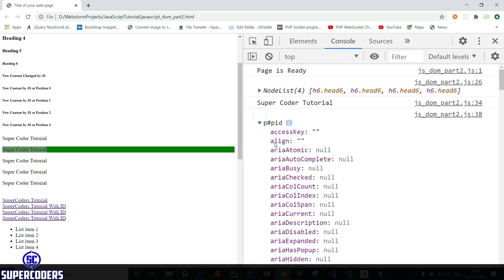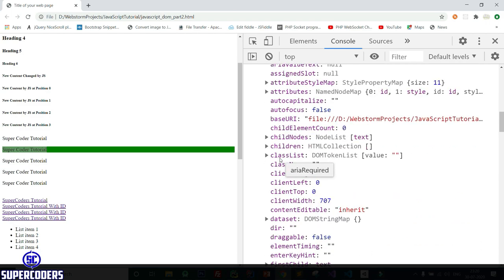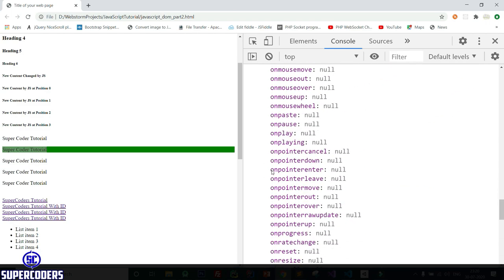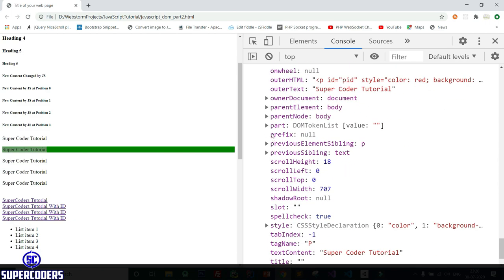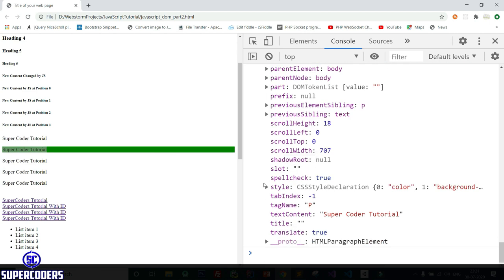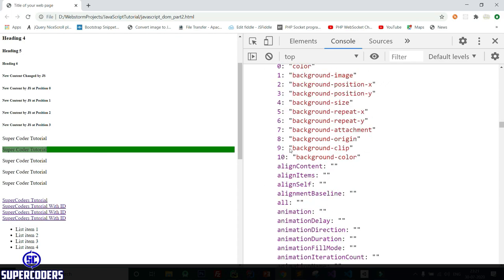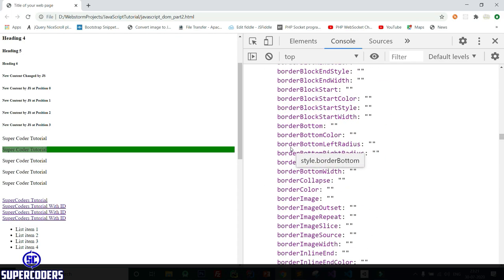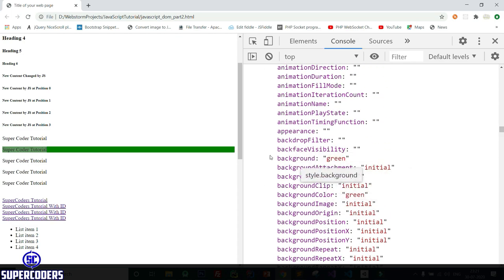Again if I open this and come to style, and let's see, here you can see it set the value. So in this way you can change the style of any HTML element.